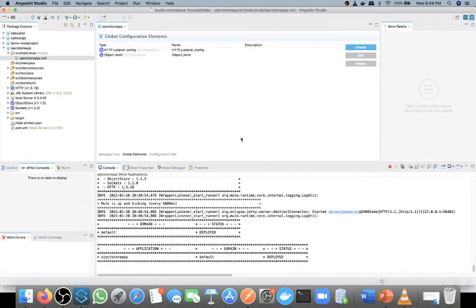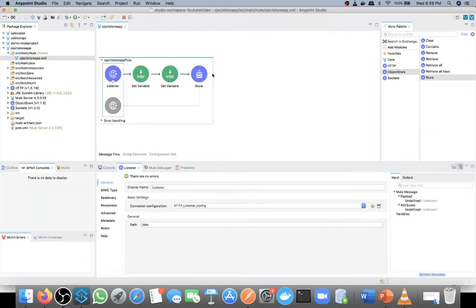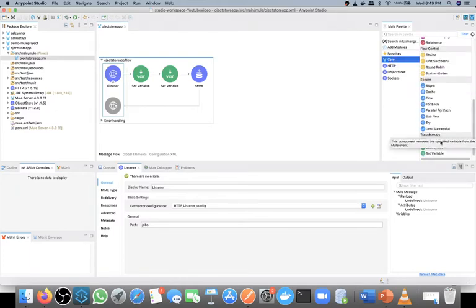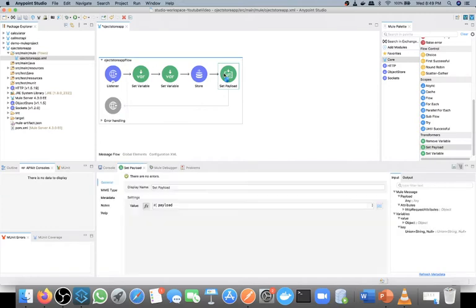If you want, we can add some message in the payload, like "object store created successfully." So I will go to set payload and display some message.